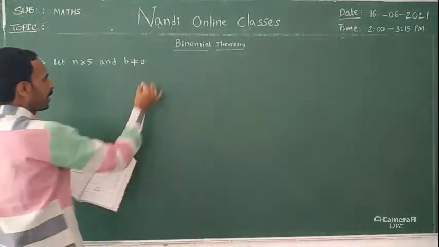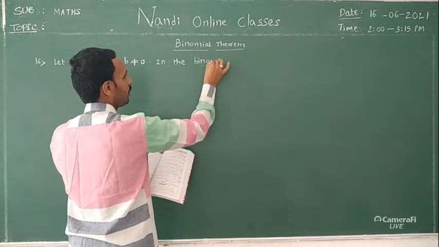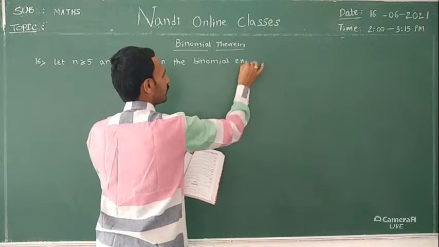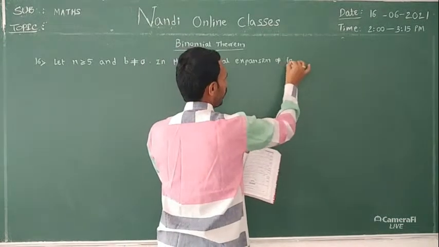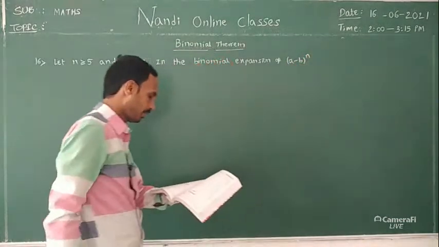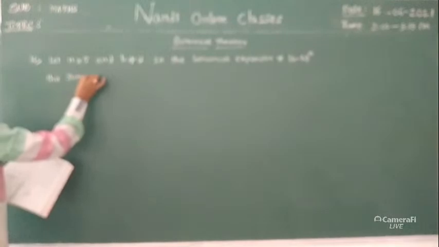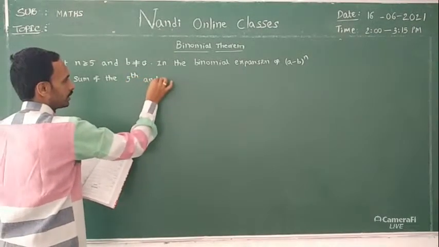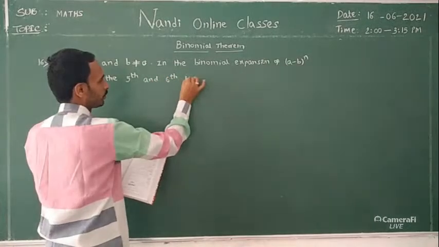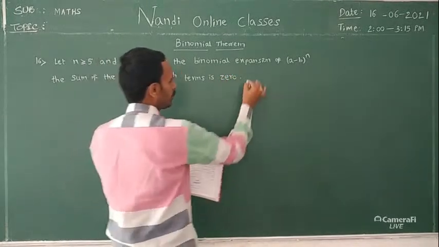In the binomial expansion of (a minus b) whole power n, the sum of the fifth and sixth terms is 0. Then a by b is equal to